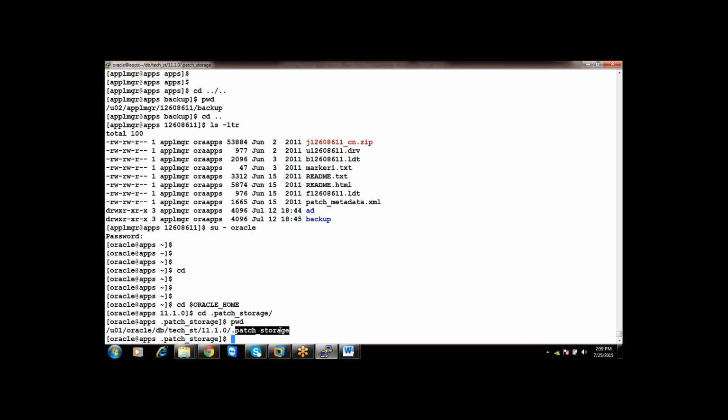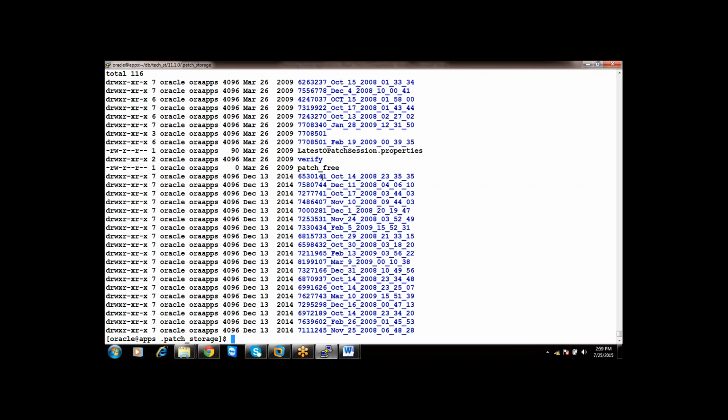Whenever you are trying to roll back the applied patches, the older files will be coming from the dot patch underscore storage to the Oracle Home. If you go to dot patch underscore storage, you can see what files are available over there. See, these are the patch numbers, and you have applied it on so and so date. If you want to roll back this patch,